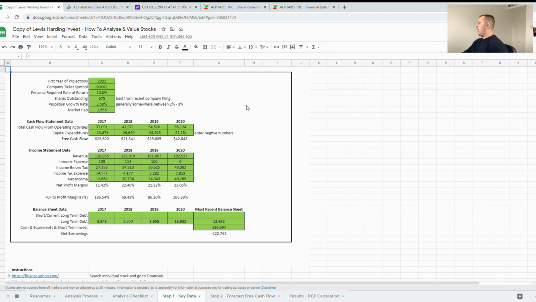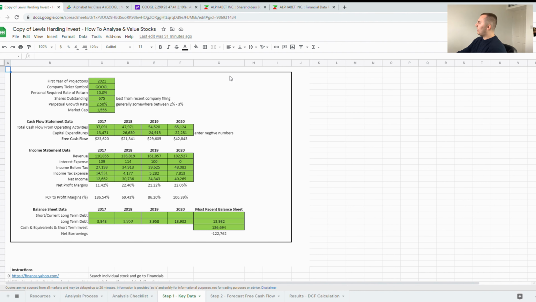When looking at step one, this spreadsheet is actually Learn to Invest Dreamy's spreadsheet. He gives it out for people for free, so I thought I'd just use it as my own in terms of valuing stocks. I use it to value my own stocks as well, so I think it's a very, very simple and quick way to value stocks, which is absolutely key. Let's be honest, you want to get as much done as you can as quickly as you can once you've done your analysis. So yeah, step one, this is the step one tab.